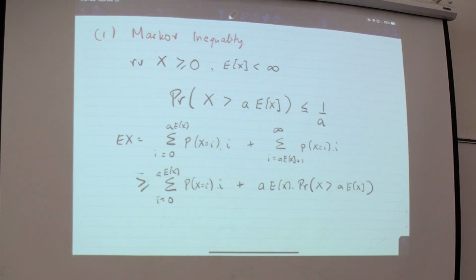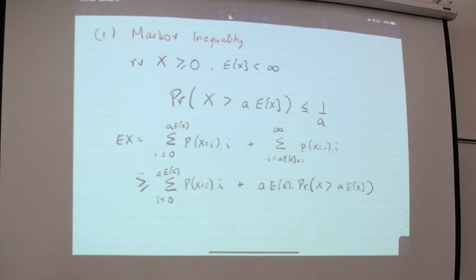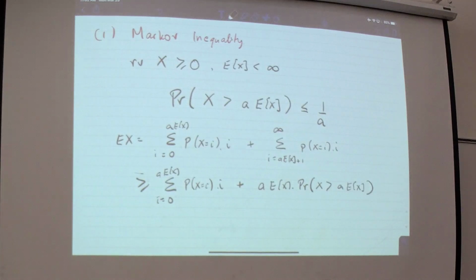Just to compare this, again, because I'm being lazy. Right? So all I've done is some algebra. I broke up the expectation into two parts, and then I replaced one part by a simplified version of it. Okay? Notice that because this is all positive, I can rewrite this expression again as